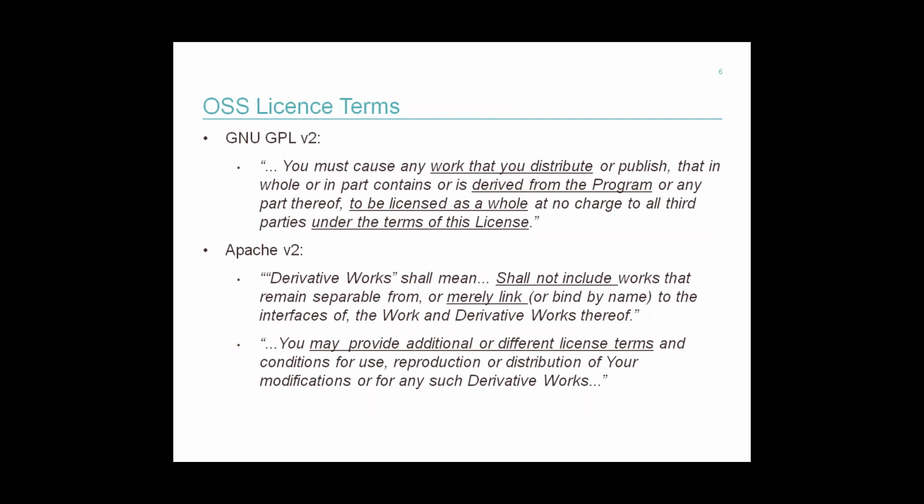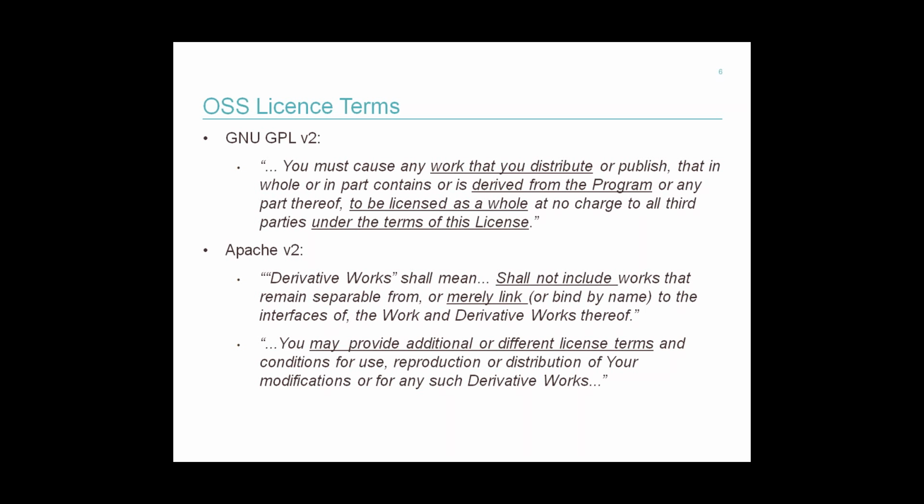Now, to get into some of the nuts and bolts of these open source licenses in a bit more detail, I've extracted a couple of provisions from each of the open source licenses on the screen. So the GNU GPL version 2 is the one that I was referring to before, and this is the most common open source license that you'll see. And the part that I put up there is this copyleft provision. Here it's quite clear that if you want to distribute the open source software that you've got, and it doesn't matter if you're just using it internally, this won't apply, but if you want to distribute it or license it to someone, then that's when this provision comes into play.